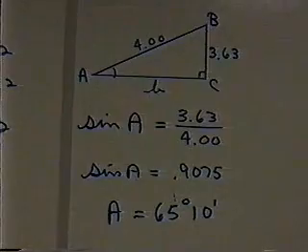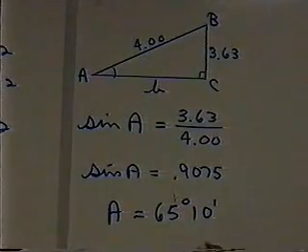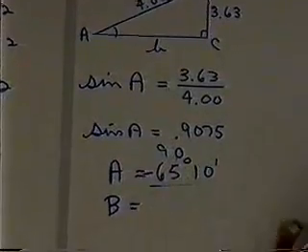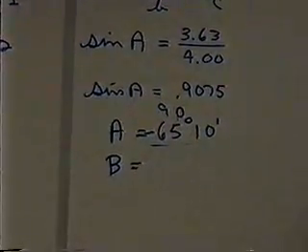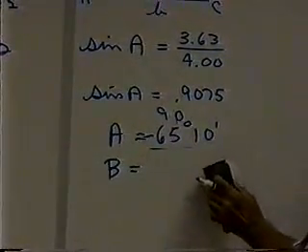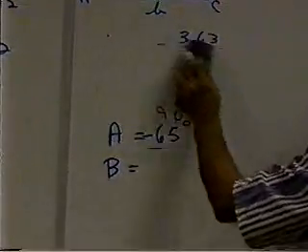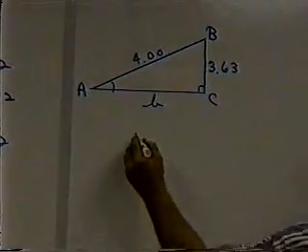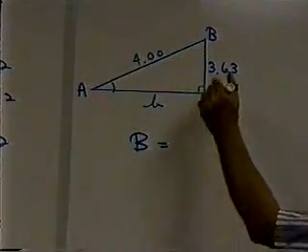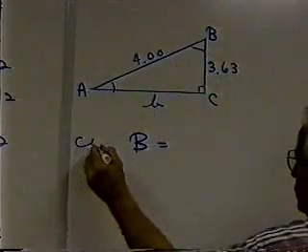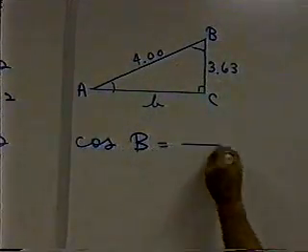Now to check your work, there are two ways. Finding B is simply 90 degrees minus this, so you can subtract that. Another way to check it is to come up here and find B. Let's see, angle B: this is adjacent over hypotenuse. That means that's the cosine, which is the adjacent